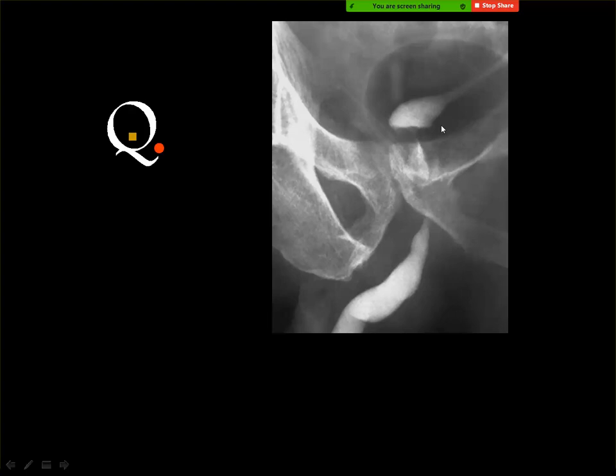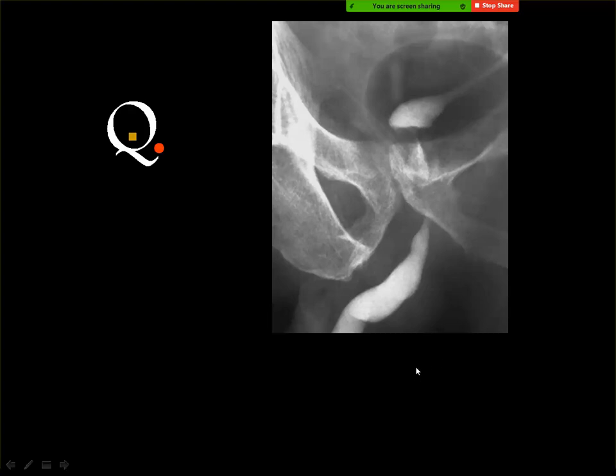What is this? What do you think? To the adjacent structure, maybe colon or rectum, or bladder? Yeah, the only structure which is connected to the urethra is the bladder. And this is the ureter, and you see there is some kind of reflux. But this is not the actual size of the bladder. The bladder is markedly reduced in capacity with a very easy vesico-ureteric reflux.